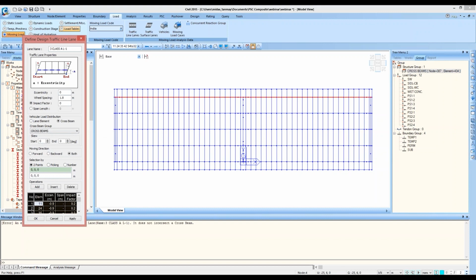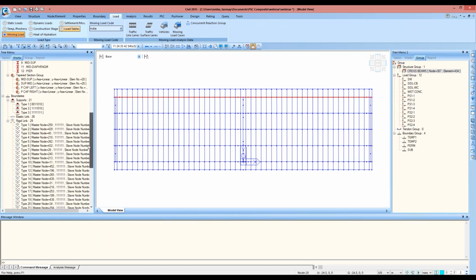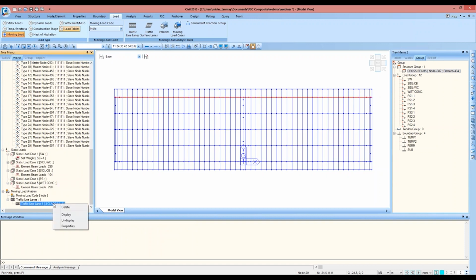So I'll delete these and again add 0.9 meters and the impact factor of 0.2, cross beams, and I'll select this element and this element and click on OK. So now the lane is added and we can see the lane using this. So this is the first lane that we have created, and similarly we'll define the other lanes.